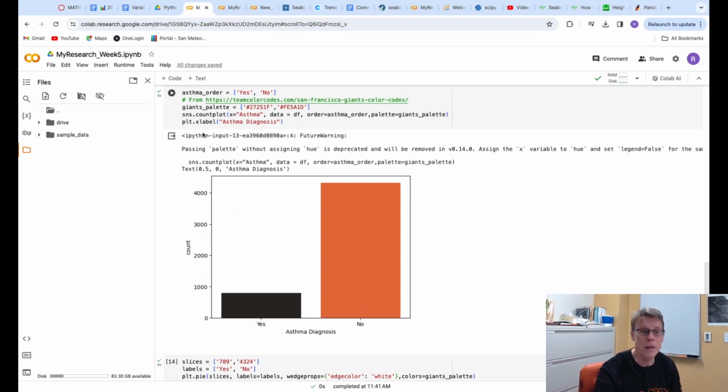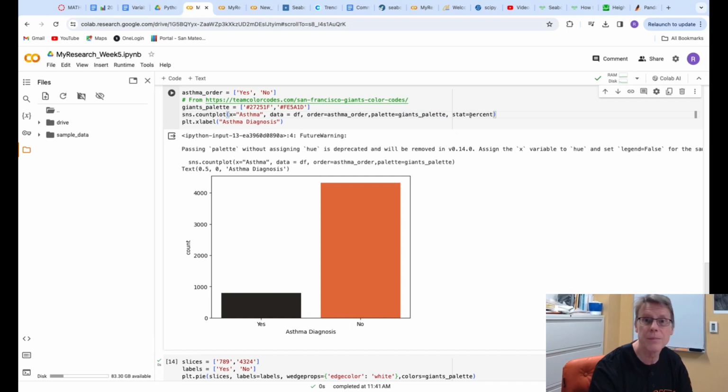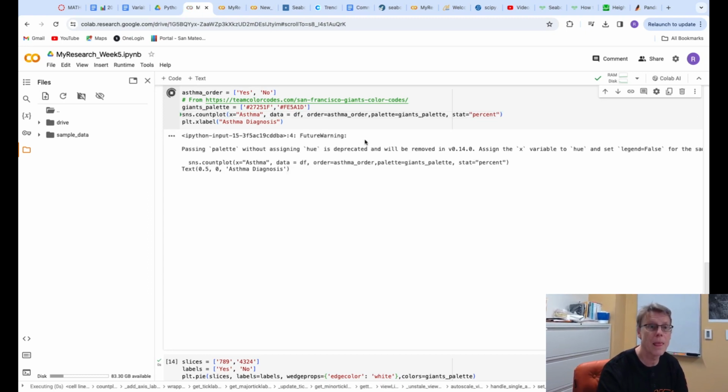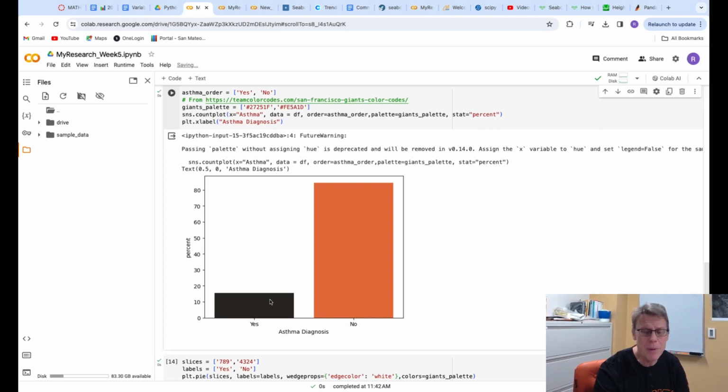So this is people who got diagnosed with asthma, yes, versus no, people who didn't get diagnosed with asthma. The default here is that you're doing counts. And I think stat equals percent. It might need to be in quotes. Let's just do that. Yep, there we go. So only about 15% of the people in the data set were diagnosed with asthma, and about 85% were not